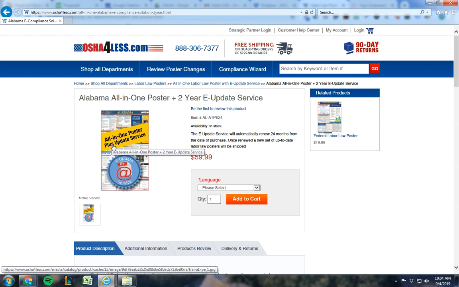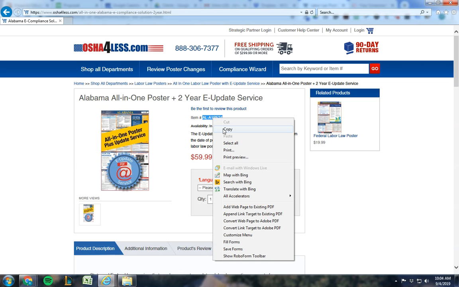We're going to be updating the product image and also the product name. The issue we have is that we cannot use the phrase all in one with a dash between the words. So this occurs here on the graphic, all-in-one, and also here in the product name, all-in-one. So we're going to update both of those things. First thing we want to do is to take our